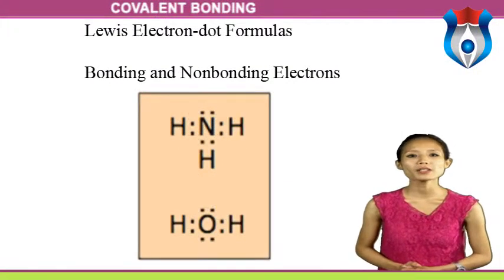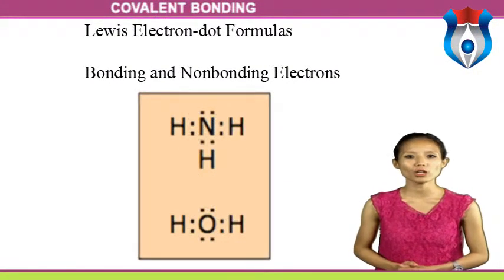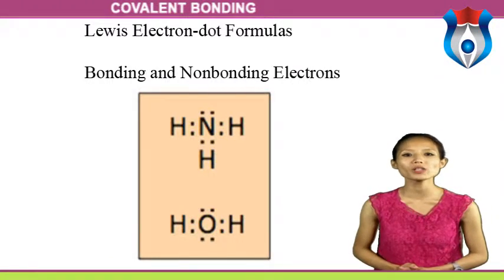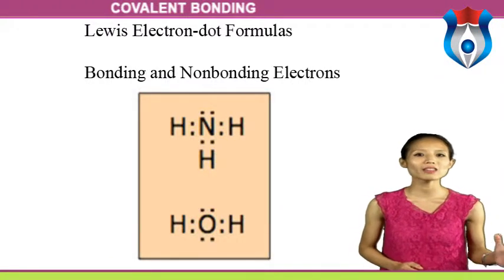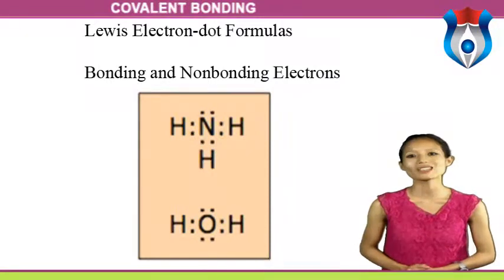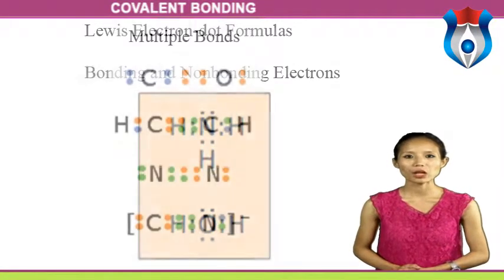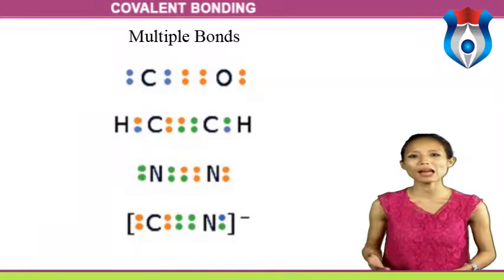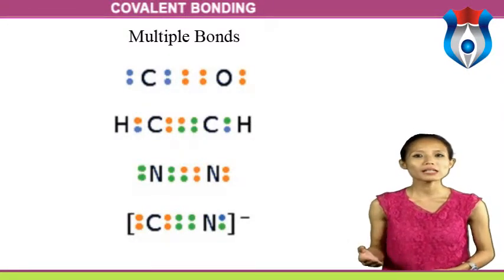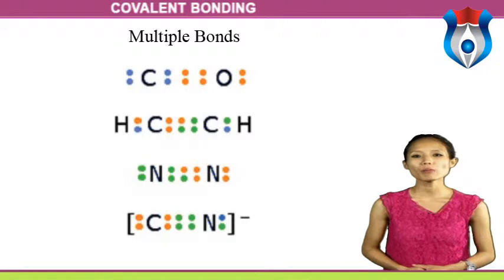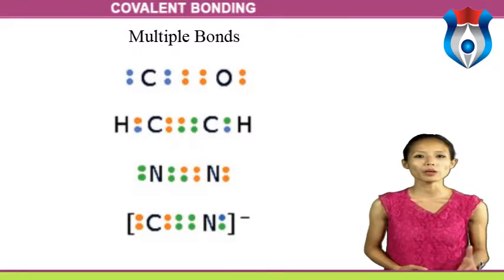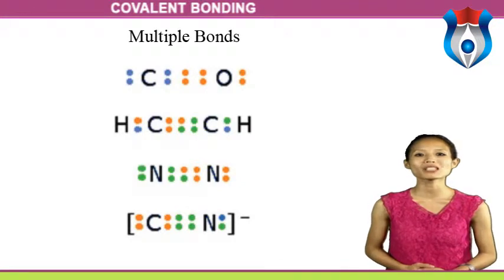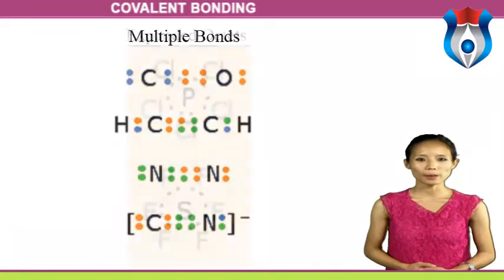Although lone pairs are not directly involved in bond formation, they should always be shown in Lewis formulas. We will see later that they have an important role to play in determining the shape of the molecule. Multiple bonds. If one pair of electrons shared between 2 atoms constitutes a chemical bond, it seems logical that 2 or 3 pairs could be shared to produce double and triple bonds. Such formulations appear quite naturally when the octet rule is applied to elements such as C, O, S and N.